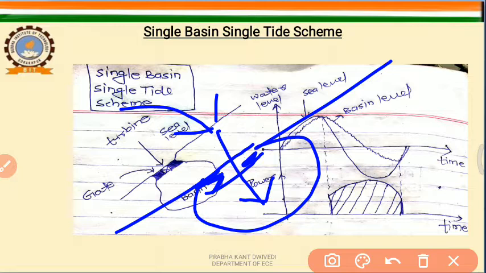Generally we use this water to rotate the turbine when it goes back into the ocean, because at that time we have more water. This basin is not only filled up due to the tides. This is at the coast of the ocean. There are many reasons to fill up this basin. So it is not only the tide that fills up this basin.